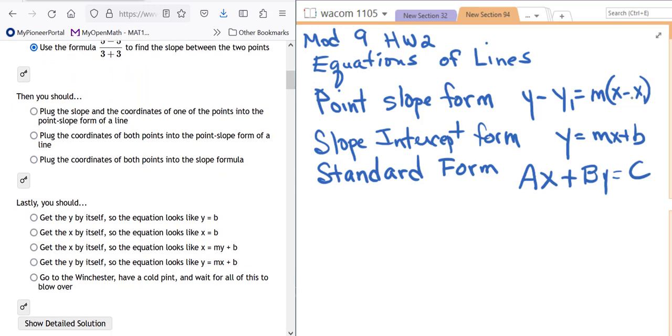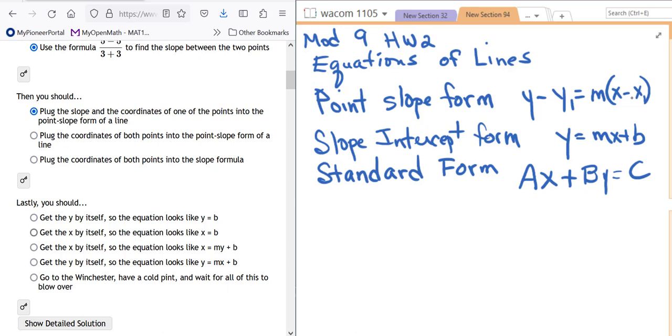Right? Then you've got a slope and you've got a point. You will go to this equation, point slope form of the line. So plug the slope and the coordinates of 1 point into the point slope form of the line. This is the right choice. Okay, and lastly, you should get